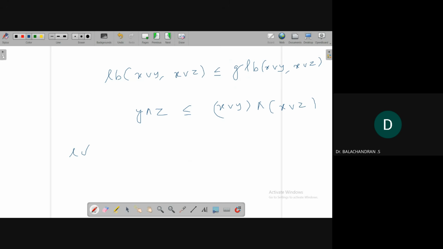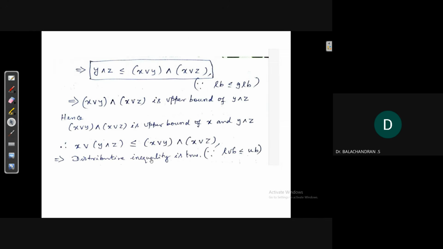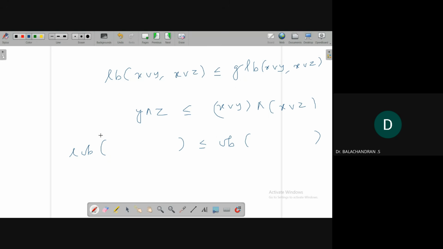The least upper bound of two quantities is less than or equal to the upper bound of the same two quantities. What is the quantity here? The quantity is x, y and z. Here also, x, y and z. Least upper bound, that's why x or y and z,